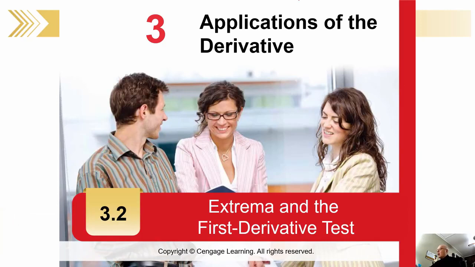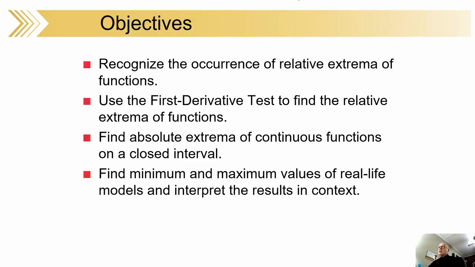Get the pen working here, and we'll be on our way. So here are some of the things we're going to talk about: relative extrema, the first derivative test to find relative extrema, and absolute extrema on closed intervals. We've got a little trick there that you have to be careful of, and getting maximum and minimum values of real-life models. And that's one of the biggest deals about this one, because you want to find minimum and maximum